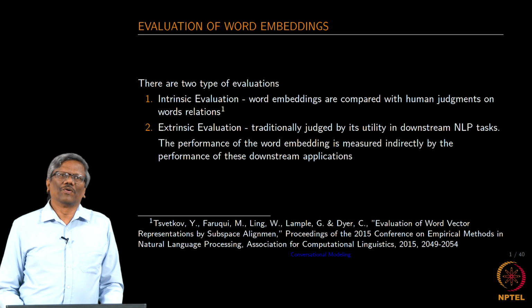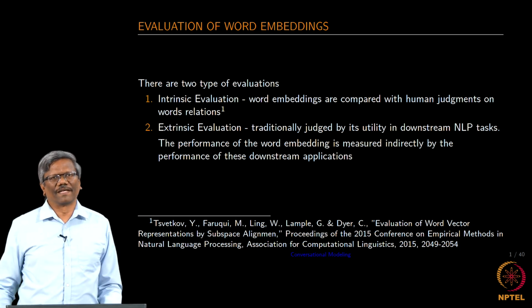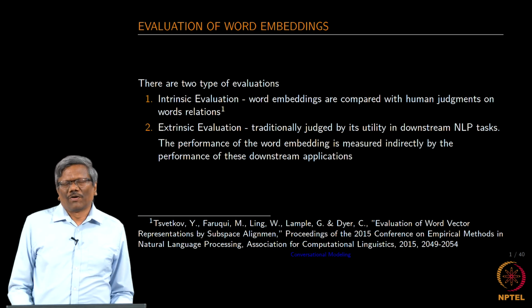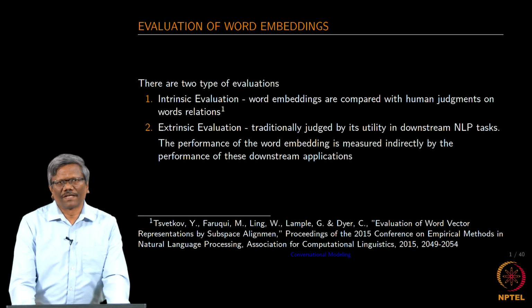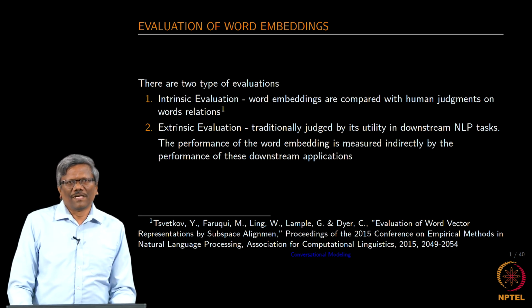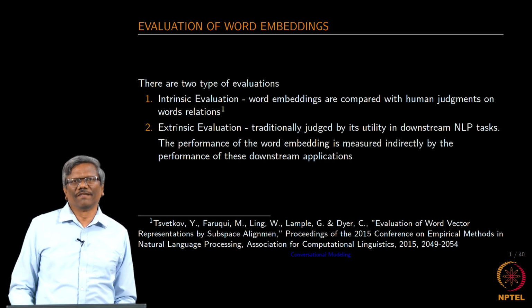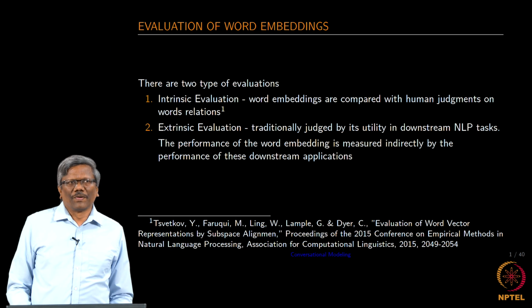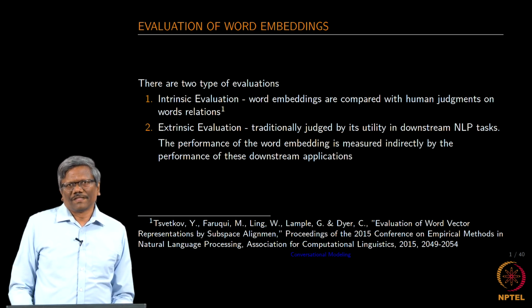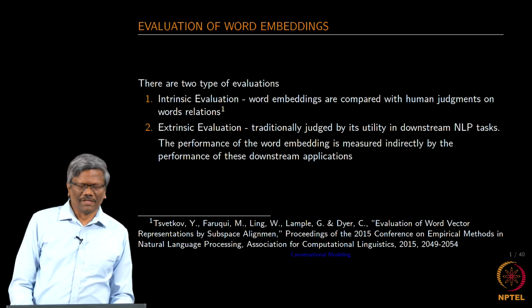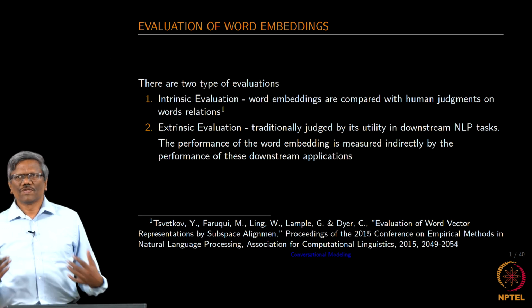Since word embeddings are the most fundamental elements of any natural language downstream application, we need to make sure that we are creating good word embedding vectors, or word vectors. So, in order for us to find out how good that word vector is, we need to have some kind of a measure. The quality of the word vectors is extremely critical for the downstream application. If we do not have good quality vectors, we cannot expect very good performance of those downstream applications, correct. So, we need to really have good quality word vectors, and then we also need to figure out how to evaluate them so that we can measure the quality of those word vectors.